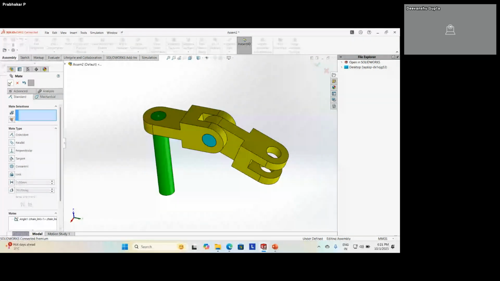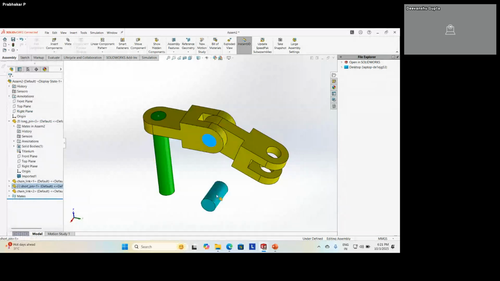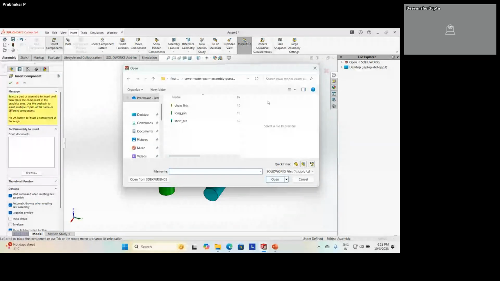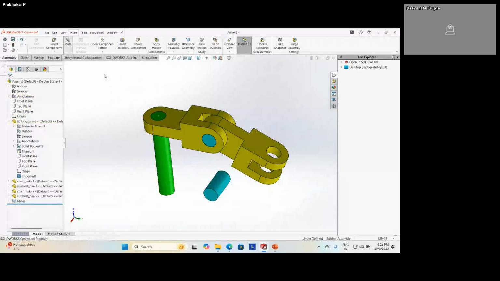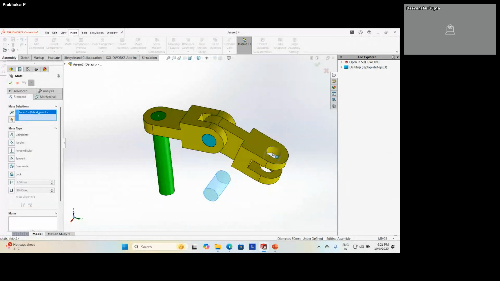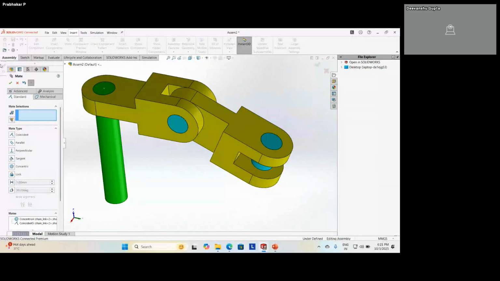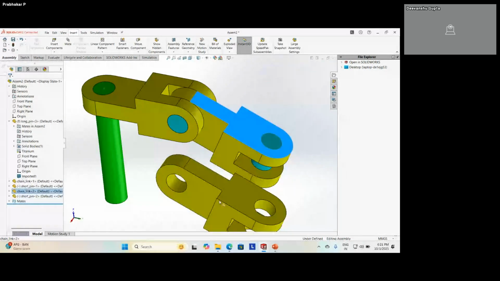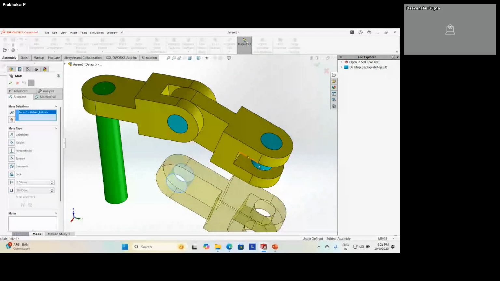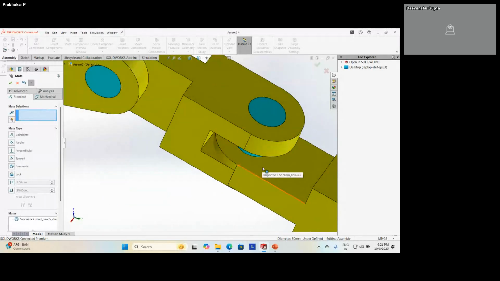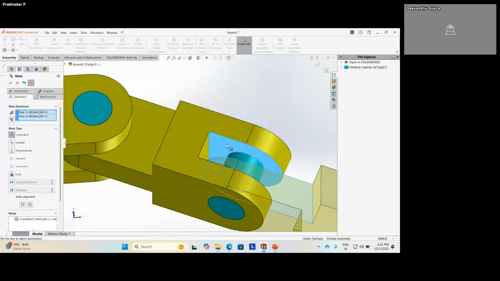So this is done. So for here also, I just copy this by holding the control. I dragged it. I just go to mate. Then I select the faces. Okay. Once again, I duplicate this by holding the control. I just drag and drop this part and select this face, which will be touching over here.